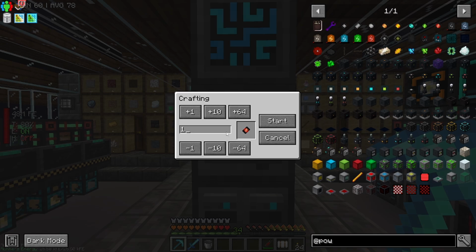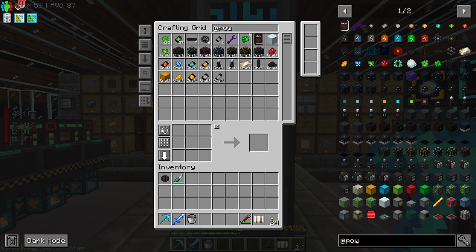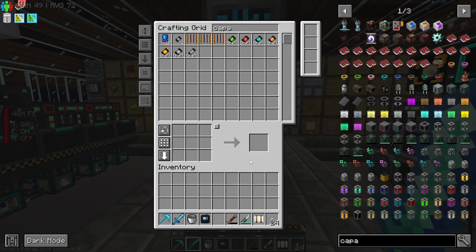I was going to do 36 of these. What's 36 plus 12? So 48. So we need 3 more of the nether stars. So I need 3 more wither kills. Alright, we are going to make the nitro, because why not? We might as well. Ah, before we do that though,